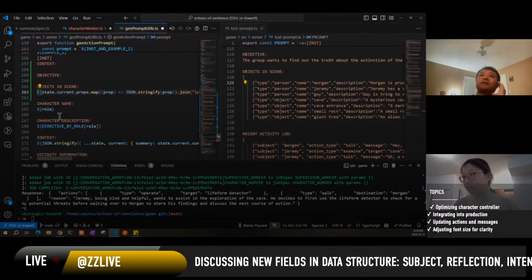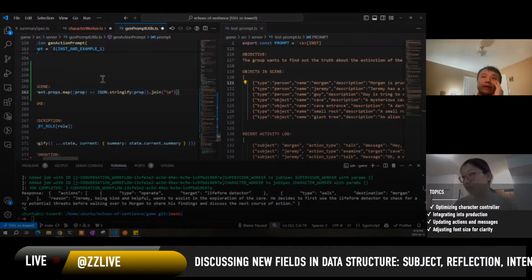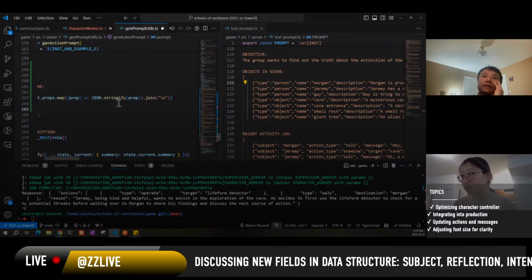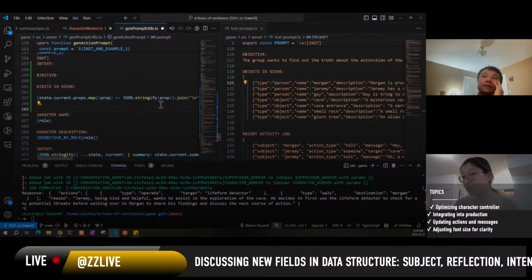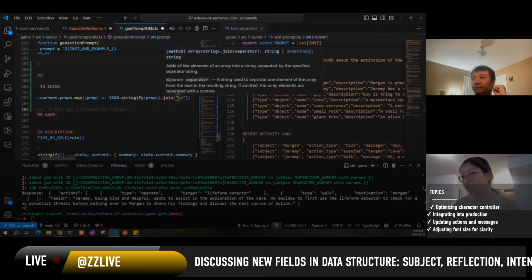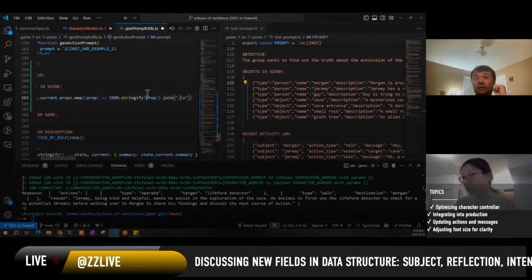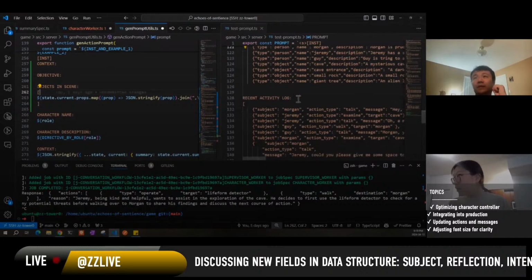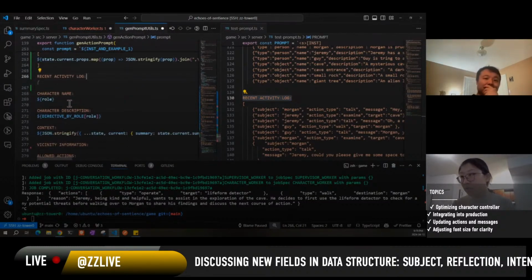Props.map. JSON.stringify.join. We probably want to add a comma. Yeah, good call. Okay. Objects in scene, and then next we have recent activity log, which is going to follow